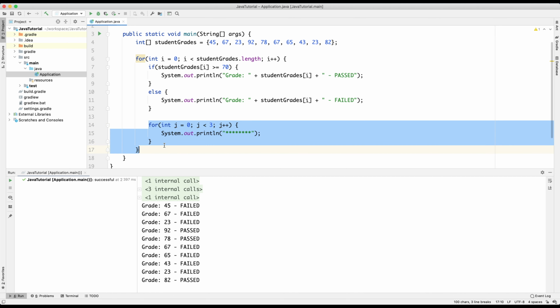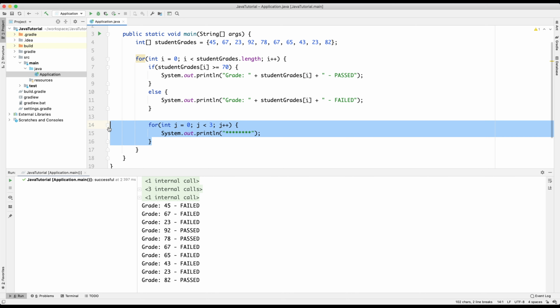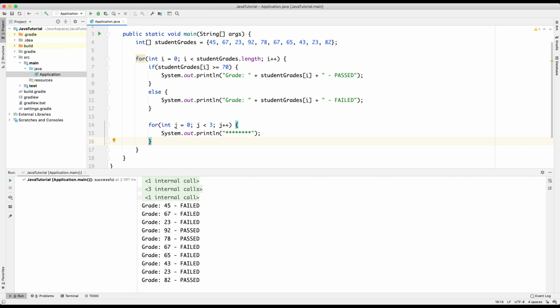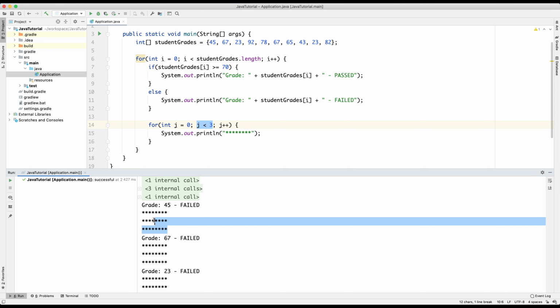So at this point of the code, we've already printed out the grade. Imagine we run our first iteration, it prints out a grade of 45, and right underneath that, we're going to print out 3 lines of star characters, simply as a buffer between each set of grades. And we're printing out 3 lines because we start with j equals 0, and loop through as long as the condition j is less than 3 is met. In other words, we're going to print out 3 lines. So let's run the application again, and you can see for each set of grades we print out 3 lines